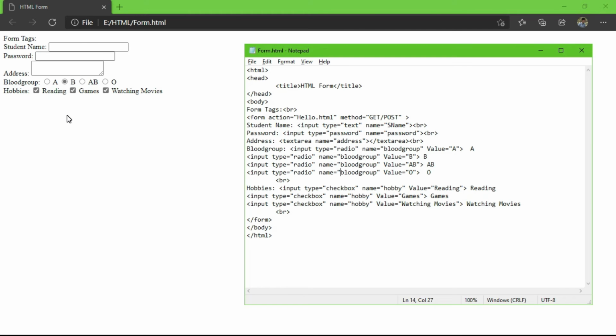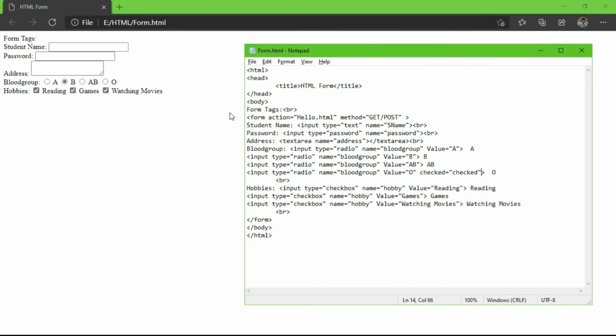If you want to give the user any value selected by default when the form is loaded, then you just have to write it. For example, I want the O blood group selected by default when the form is loaded. Then I have to write checked equal to checked after the value attribute.